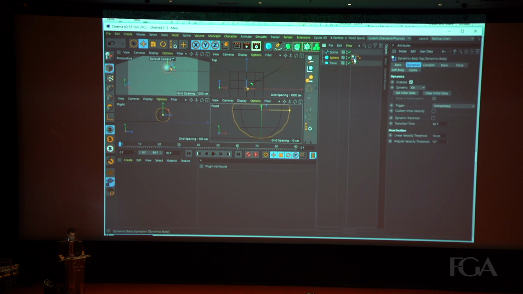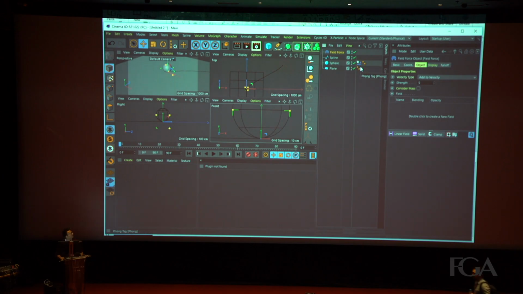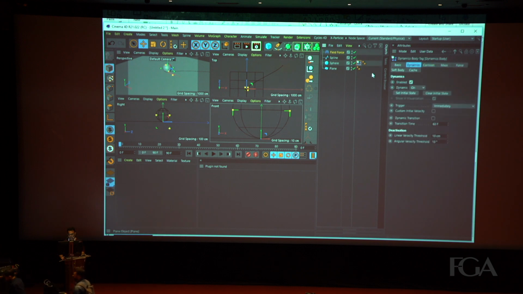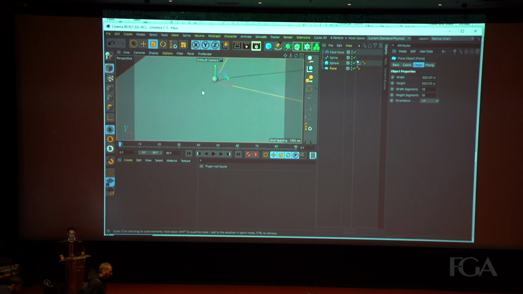So now what I can do is use a field force. Inside the field force I can give the spline as an object, which will be read by the dynamic tag. There are a couple of settings that we have to see inside the field force.